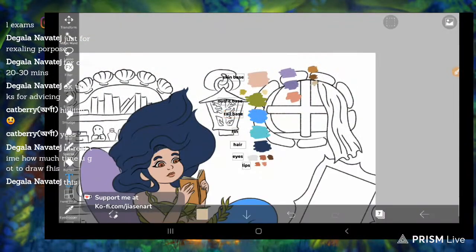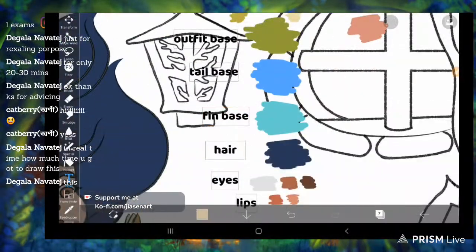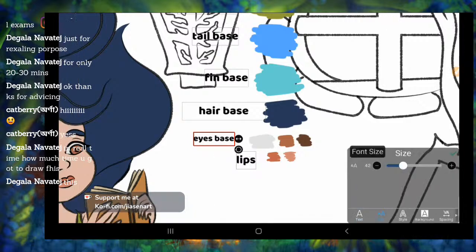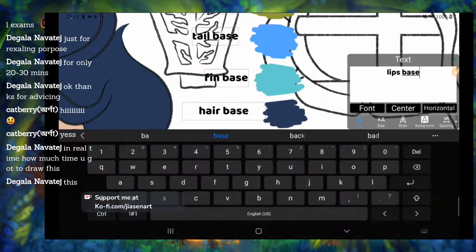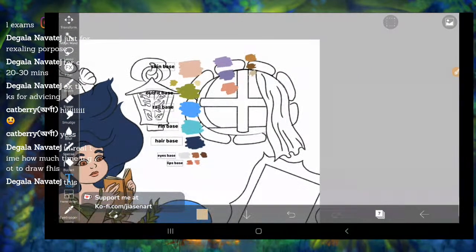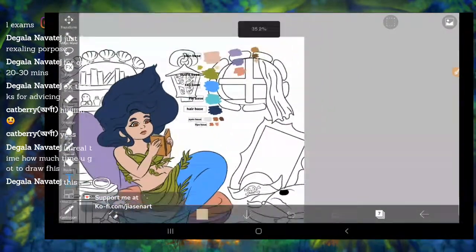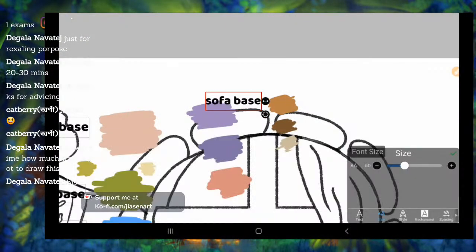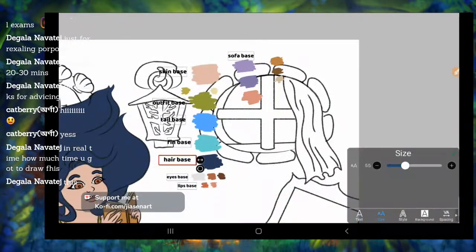And shading is not a problem. Once you color fill an area, you can select that area, and you can shade as much as you want, I mean, you shouldn't shade too much, but you can shade with a heart content. You don't have to worry about spilling the color or anything. You can just use the magic wand tool. You select the color area, and you can paint there on top of the base color.